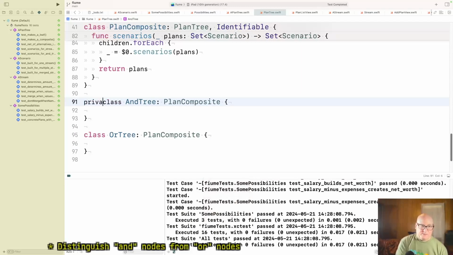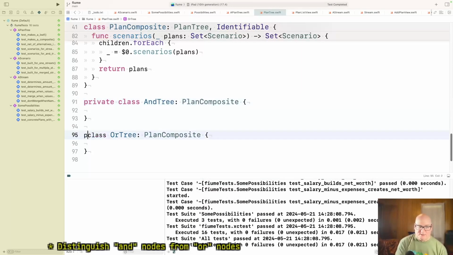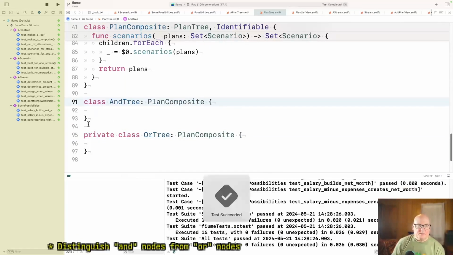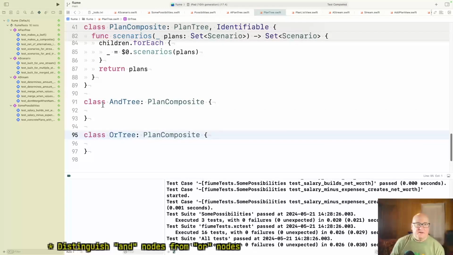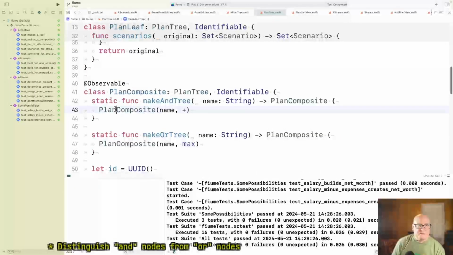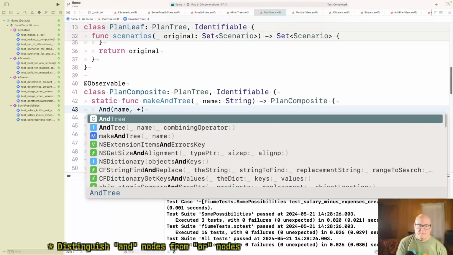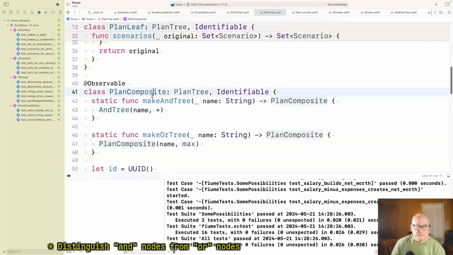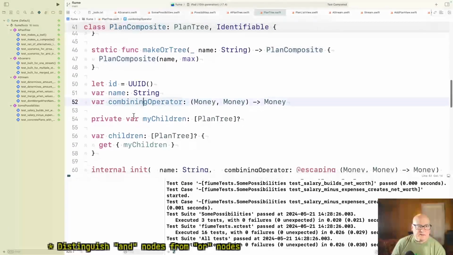And I can even make them private, which I think is probably good in this case. Because I don't really want them to be... well, no. I think we'll let that emerge. Okay, so now if I make this be an AND tree, I'll need to give it the same constructor.